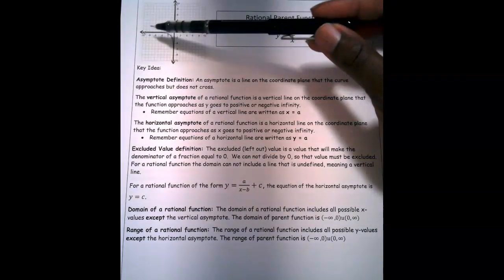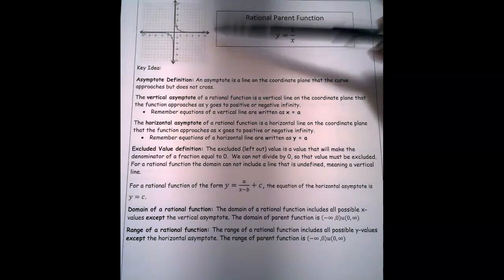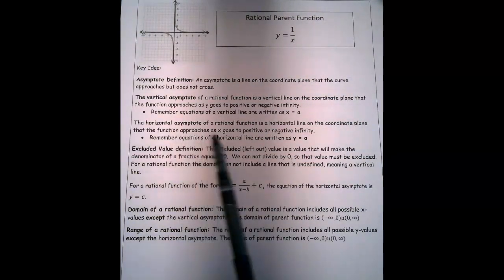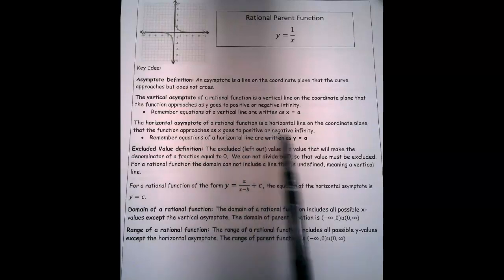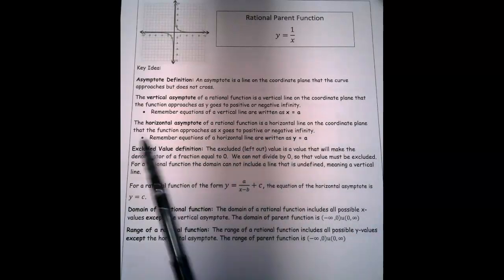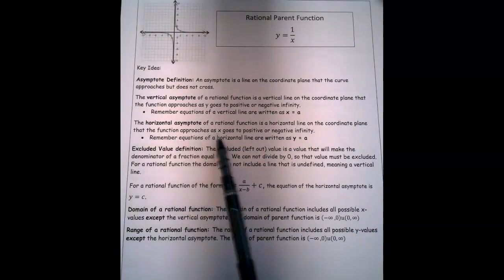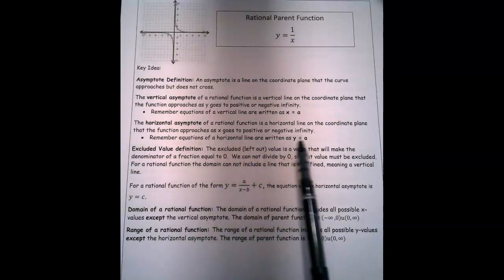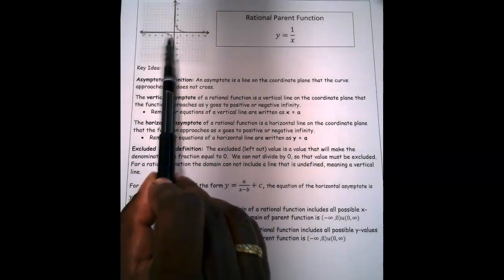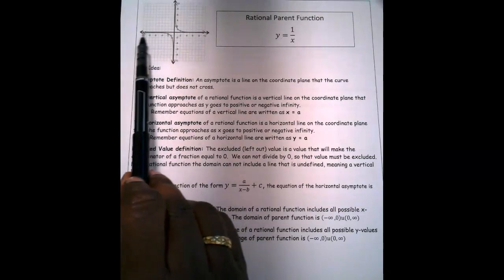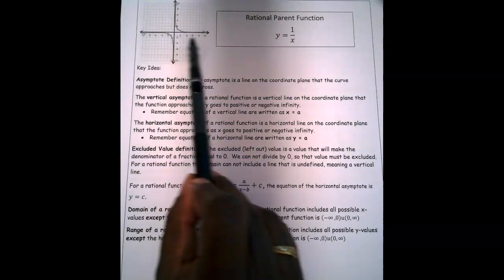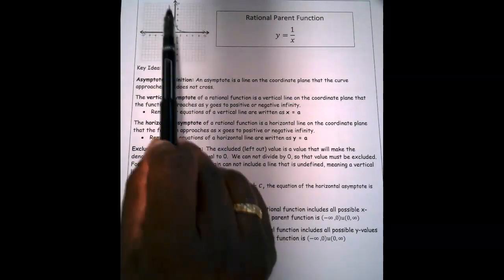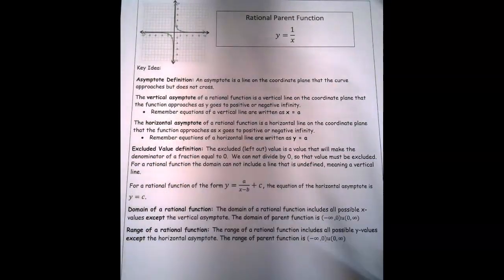Next is a horizontal asymptote, and the horizontal asymptote of a rational function is a horizontal line on the coordinate plane that the function approaches as x goes towards positive or negative infinity. So as the x-axis continues left or continues right, the line the curve approaches is called the